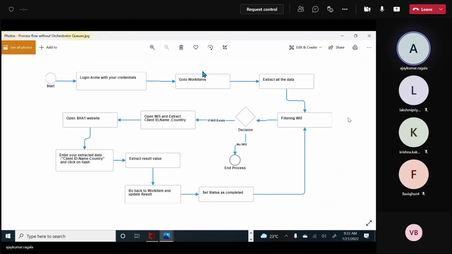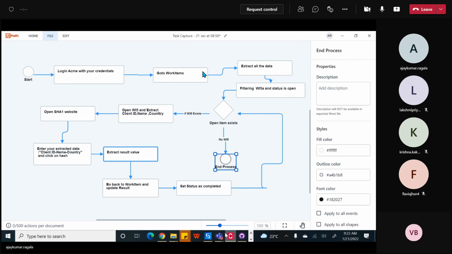Go back to task capture now. Now don't save anything. Now add swim lanes and in swim lanes add